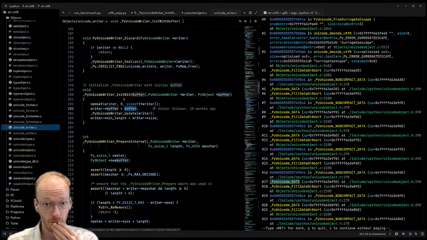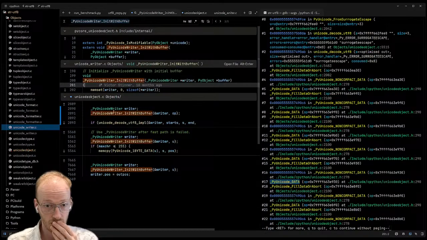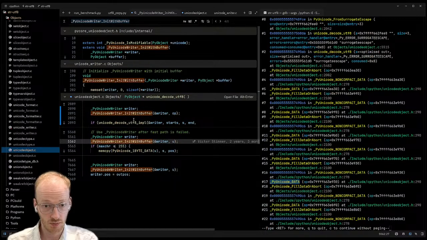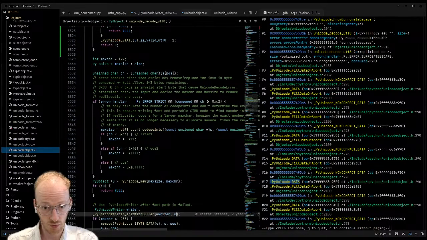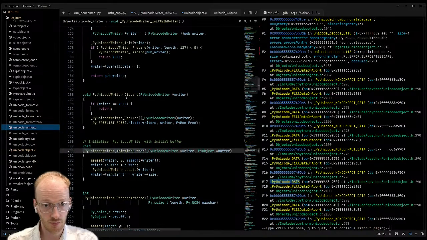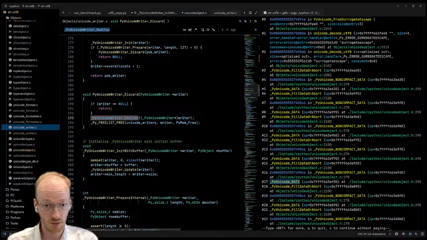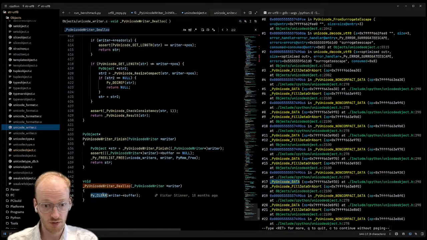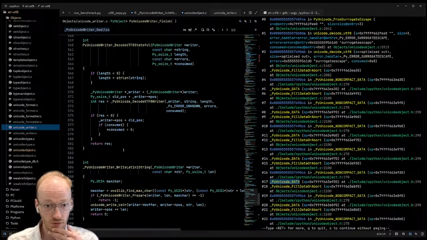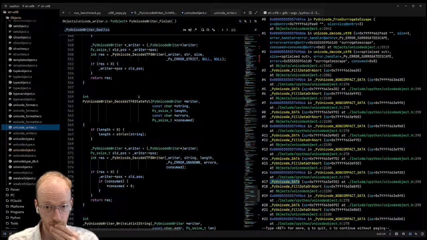Yeah. Wait, what is that buffer there? That's come from a Unicode object? I thought it was. It was U, which was a new Unicode. Let's go look in Unicode Writer. Unicode Writer dialog. Which clears the buffer. Yeah, so it does look like it holds a reference to something. Look at Unicode writer finish.